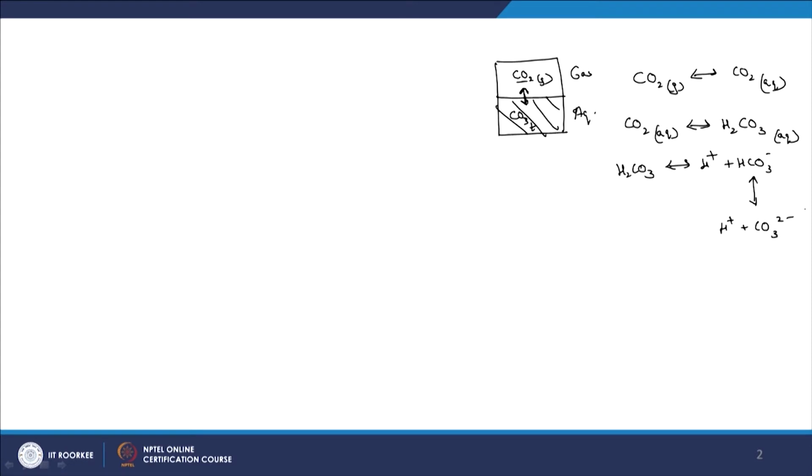So the relevant derivation might seem relatively complex, but it is relatively simple. We just defined everything in terms of the total component. Why is that? Because only the component is conservative. So in the closed system we only looked at H total for the liquid, or CO3 total for the liquid, but for the open system we have another phase, which is the gaseous phase, right? So we defined H total as the sum of H total in the liquid phase and also the gaseous phase, and then we tried to correlate that with the change in CO2 or CO3 total between the gaseous and the aqueous phase, and it is as simple as that. And then we conducted the balance again on H total in the aqueous phase, and we analyzed the system and went through that, right?